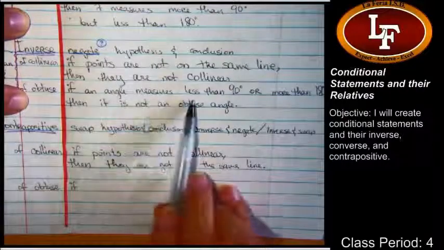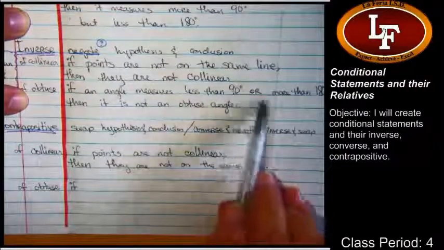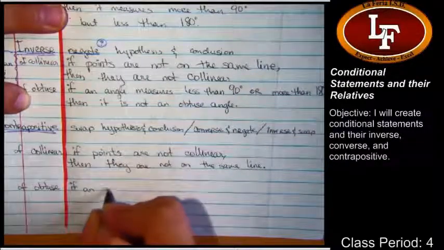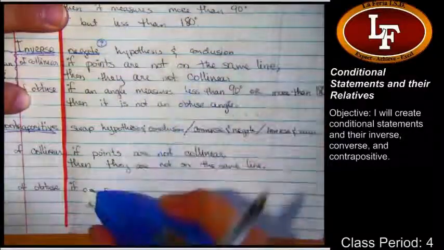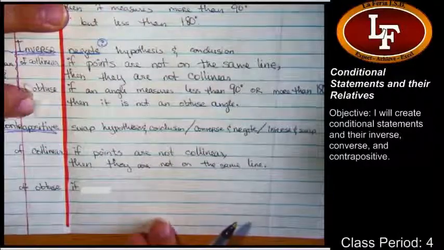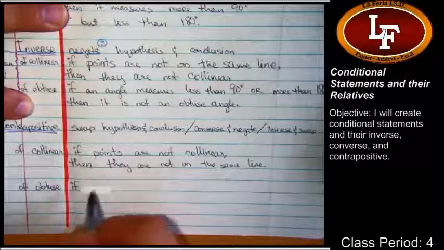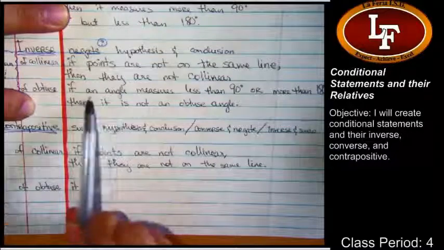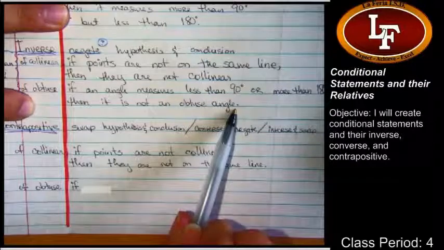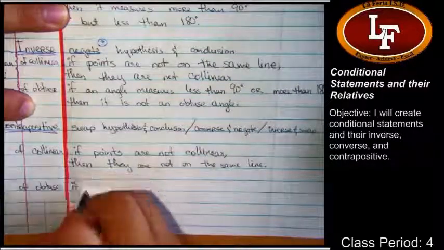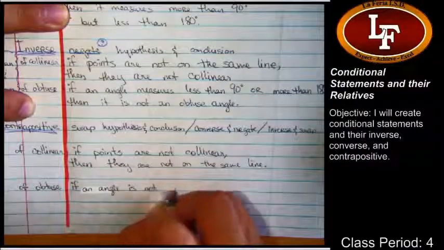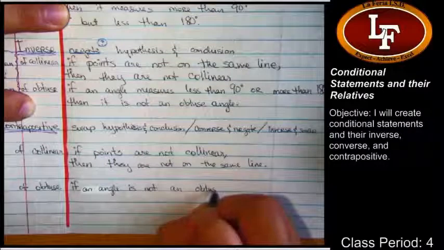If an angle measures less than 90 or more than 180, so we need to negate that statement and say, oh, swap, excuse me. I'm sorry. Got ahead of myself. The inverse and swap, so then this is the conclusion. So if an angle is not an obtuse angle, right? Okay. If an angle is not an obtuse angle,